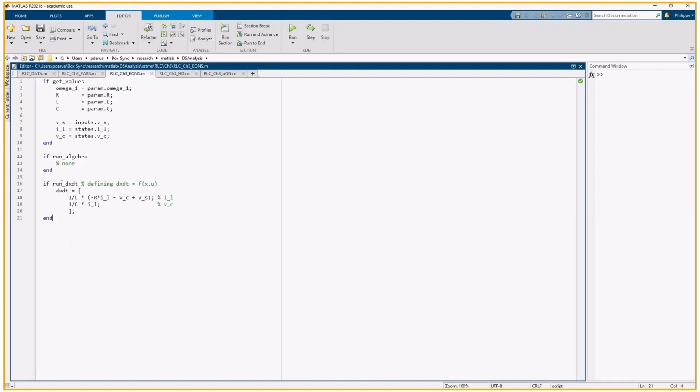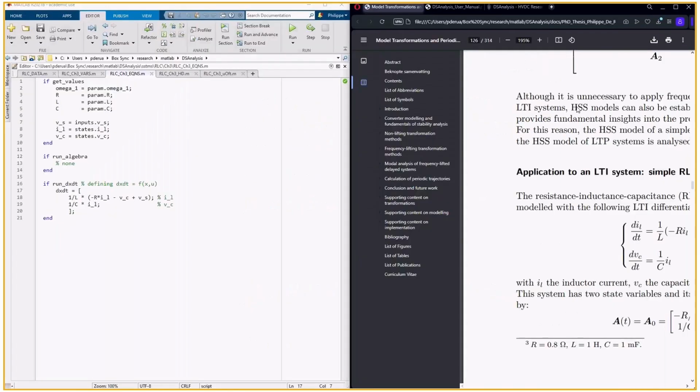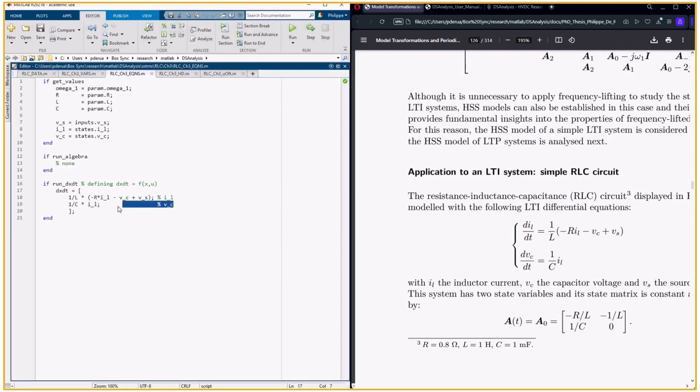In any case, the if run dxdt if statement is where the dxdt vector is defined. So comparing with the differential equations here, we see that the differential equations of the RLC circuit are exactly the same as those